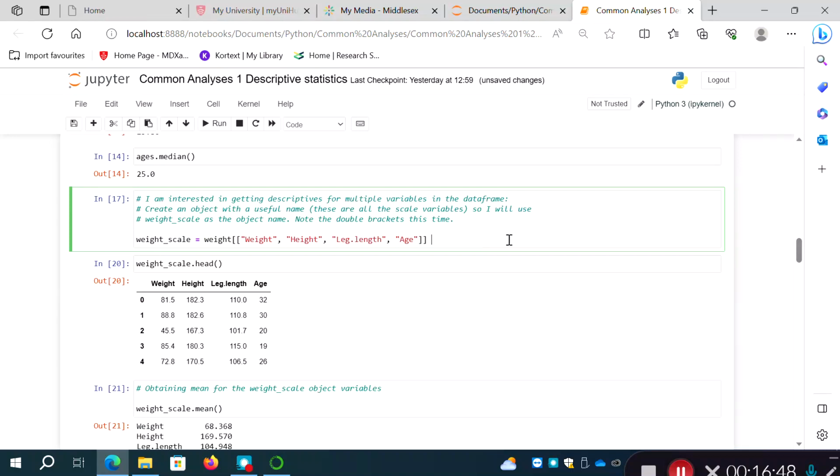The other 2 were just index numbers and participant unique reference numbers, really. What we can do is create a new pandas data frame with just the variables of interest by creating a new object. I've given it the name weight_scale, so it's the scale variables from our original weight data frame, and that consists of the variables that we want to extract from our original data frame that we imported earlier. And notice I've passed a list of the 4 variables that I want, and it's in double